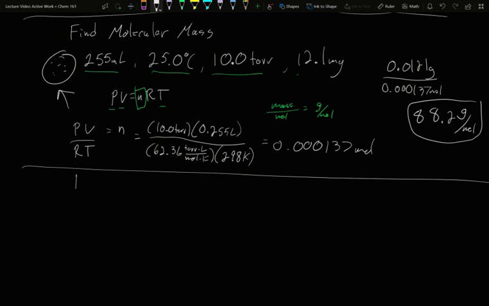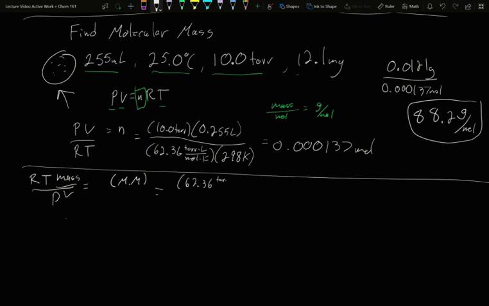Think back when we had density of our gas. That's equal to pressure times molecular mass divided by RT. And our density is really mass over volume. Molecular mass is part of this calculation. We don't even have to do a second step. We can find the molecular mass directly if we reorganize this calculation. Our R and T would need to go up, our pressure would need to go down, and we'd be left with molecular mass on its own side. If we try that,